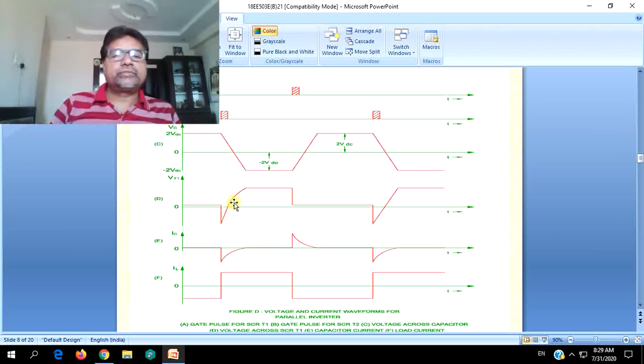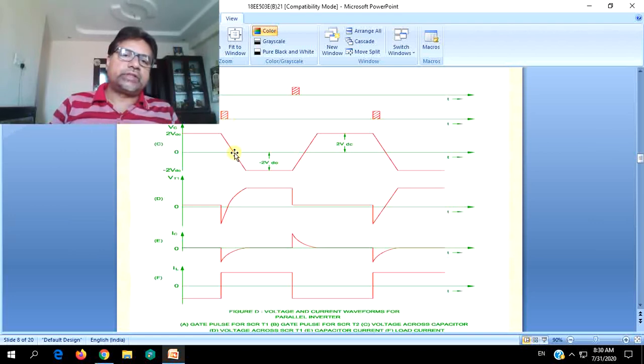voltage across T1 was 0 till then. During this, this is the conducting interval of SCR1, T1. So the voltage drop across the SCR is 0 as it is a short circuit. Now when SCR T2 is turned on, there will be a reverse biased voltage applied across T1 due to the discharge of the capacitor. And even before the capacitor voltage becomes 0, SCR1 will be totally turned off. Now it starts to block the forward voltage and it will be blocking the total voltage.